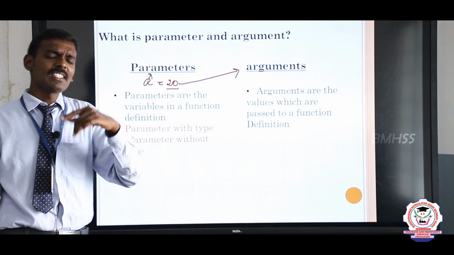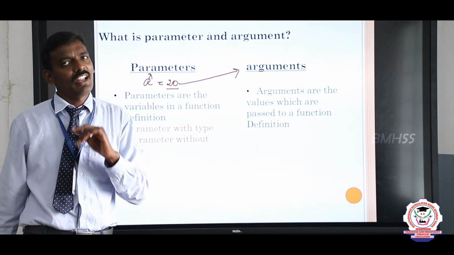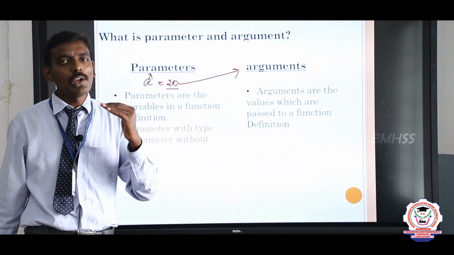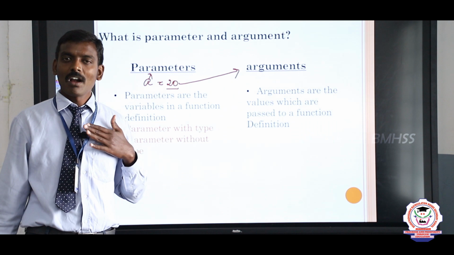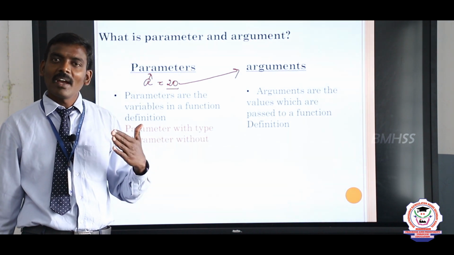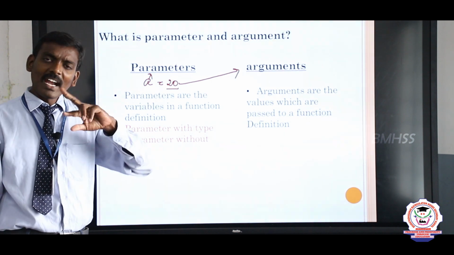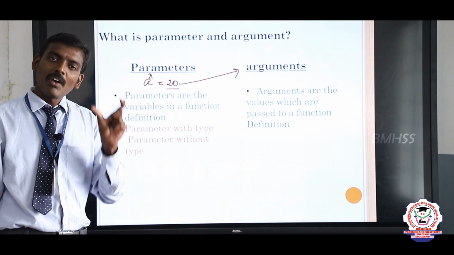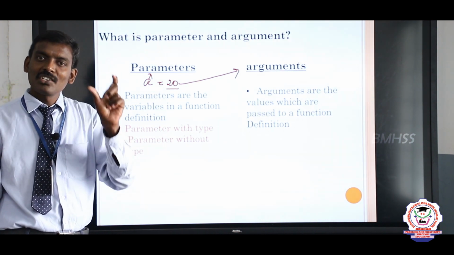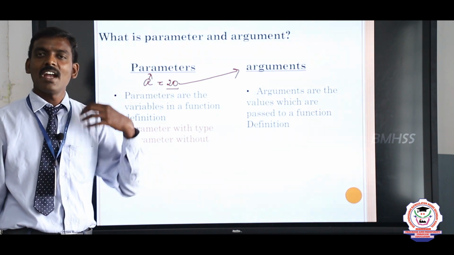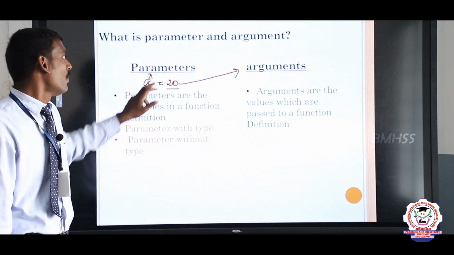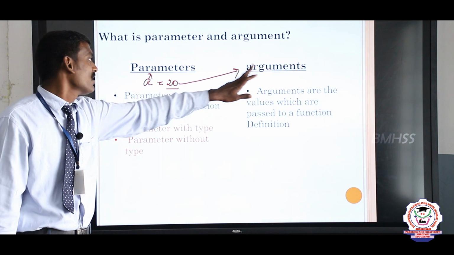So who is the calling person and who is the called person? For example, I want to make a call to my friend. So I am the calling person. Whoever accepts my call is the called person. Which one acts as the communication channel? The contact number acts as the communication channel between my friend and myself. Are you clear?